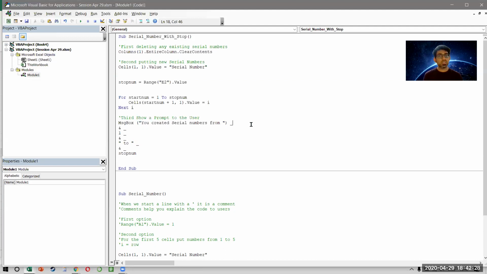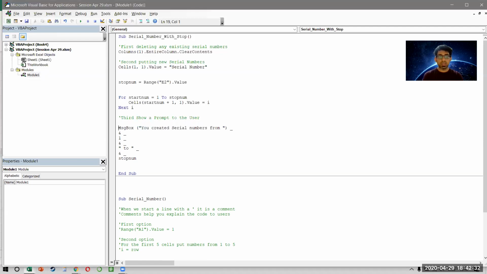The underscore allows you to break a line of code into multiple lines. So if you notice, I'm just writing it here. The underscore allows you to break a single line of code into multiple lines.